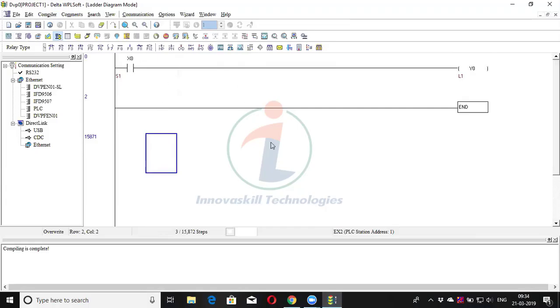Now after doing this, now I want to simulate it. So for simulation, at the top you have an icon here called simulator. So we have to select this simulator icon.